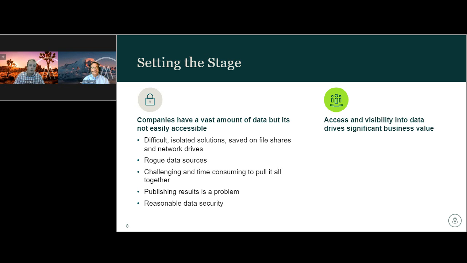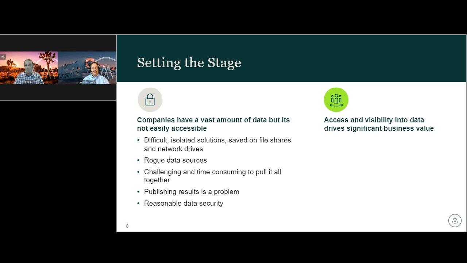Another challenge is rogue data sets. What I mean is, if the supply chain and finance departments aren't working off the same set of data, you can't have meaningful discussions within your organization if there are two different views on revenue, cost of goods sold, gross margin, things along those lines.